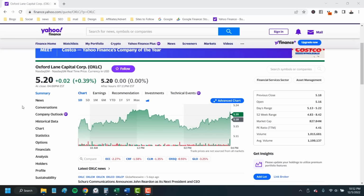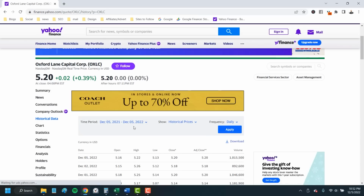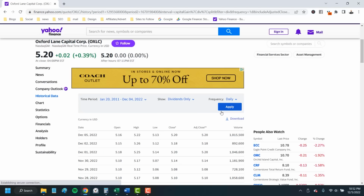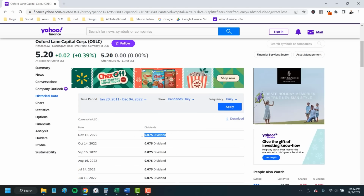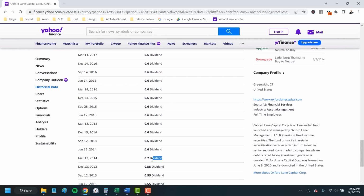For an example here, we see shares of Oxford Lane Capital, ticker OXLC, and its 17.7% dividend yield. Now that's a high yield even for business development corporations, which offer some of the highest yields in the market. But if you just look at the company's history of dividend payments, something immediately seems off. We'll change this time period here to max, and then to show dividends only to see all the dividends paid since 2011. And you can see, it's been nothing but dividend cuts from a high of 70 cents a share